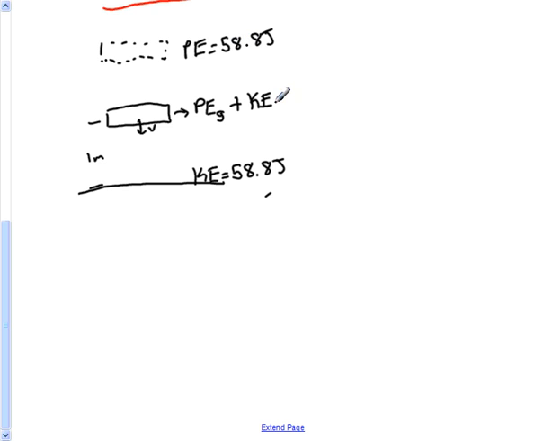So it has to have 58.8 joules total energy, and that is going to be the potential energy plus the kinetic. So it's going to be mass times gravity times height when you're halfway off the ground, plus the kinetic energy when you're halfway off the ground,